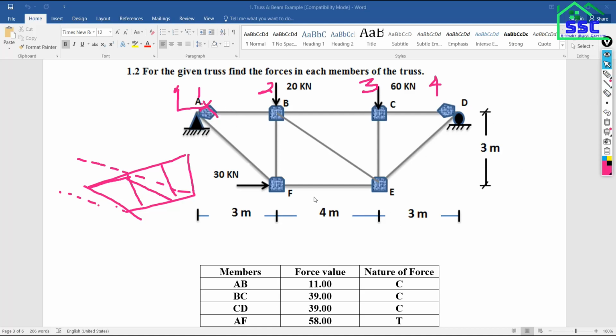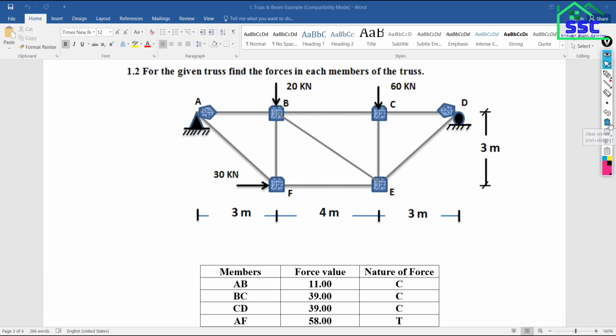Got it? Because this frame is in elevation also. This is the picture of the elevation.